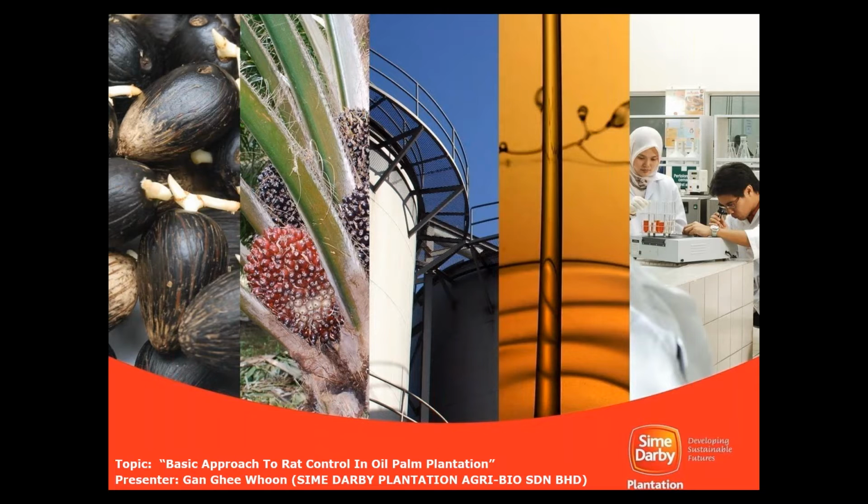I would like to share about the baiting technique that was developed by oil palm research scientists in the 70s and 80s, and is still applicable today. Perhaps we might need to do some tweaking to suit the current condition due to the changes in rat species and also higher population pressure, and also the development of resistant strains of rats that build up over the years of using one product. There is also the problem of behavioral resistance to deal with.